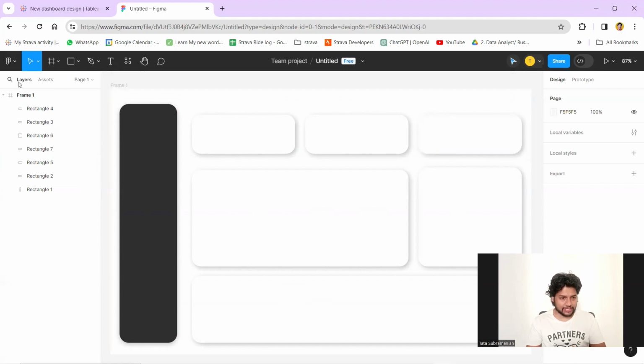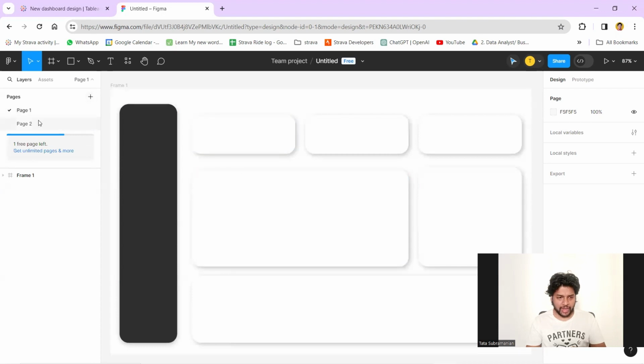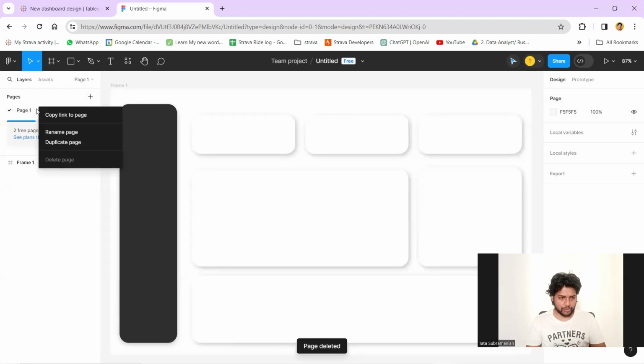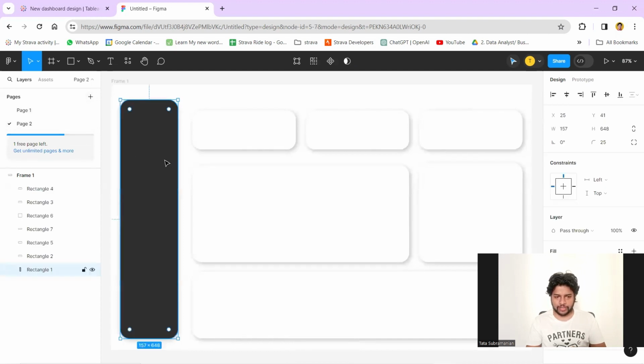Now, in case you want to create another frame with different colors right over here, all you have to do is add a new page. And in fact, you don't need to add actually the new page. What I'm going to do is duplicate this page. And the moment you have duplicated the page, we are going to use different colors over here. And the color is going to be